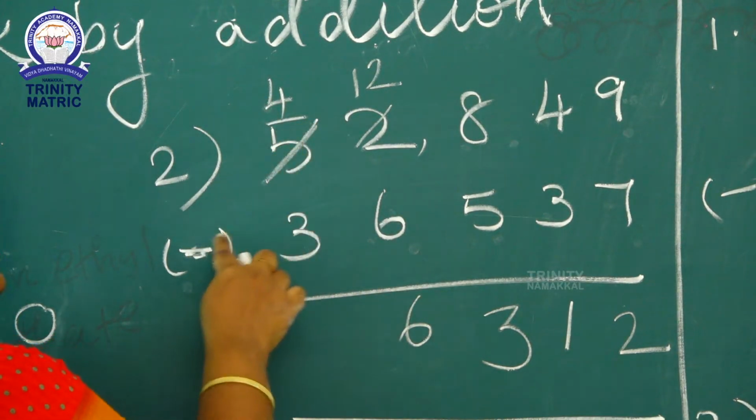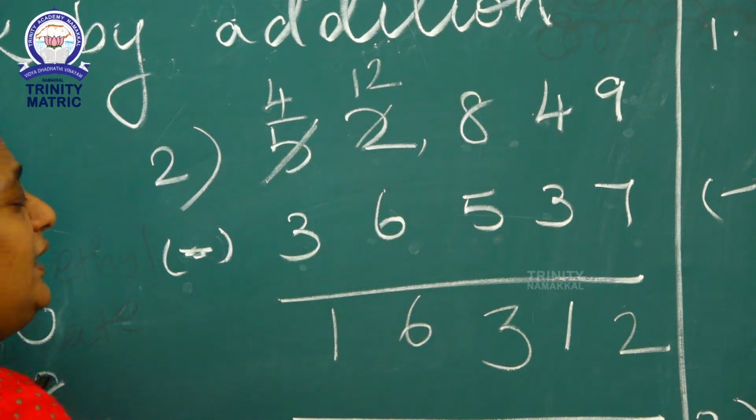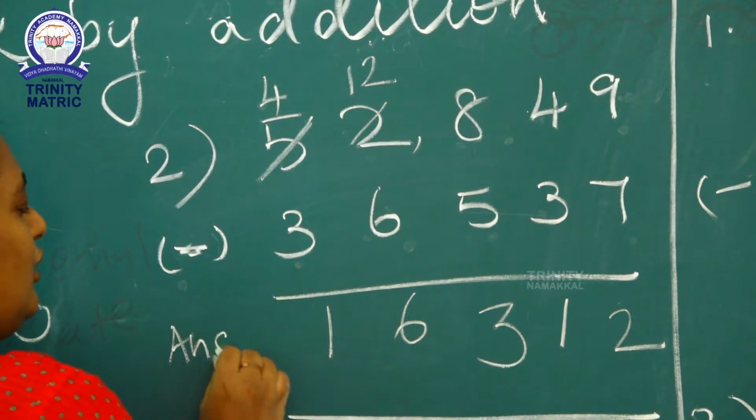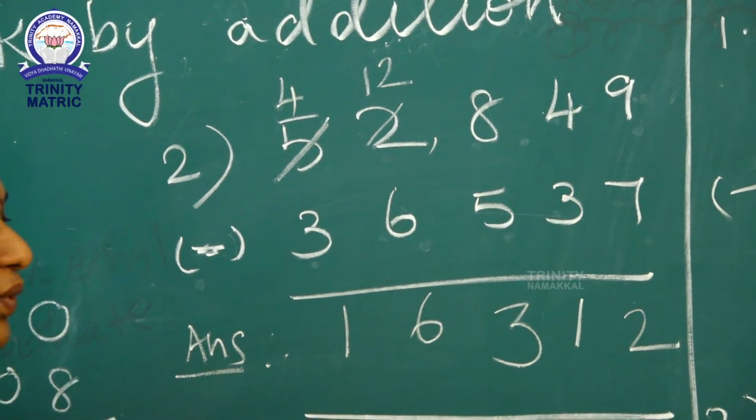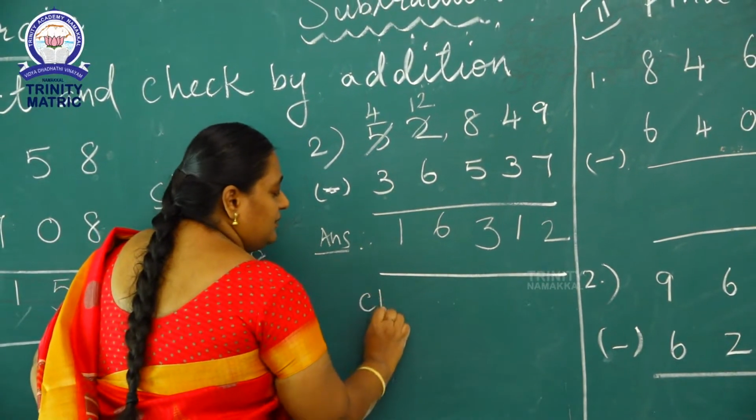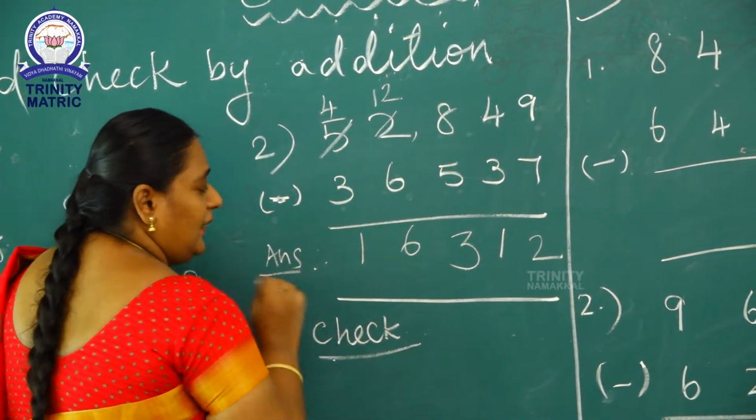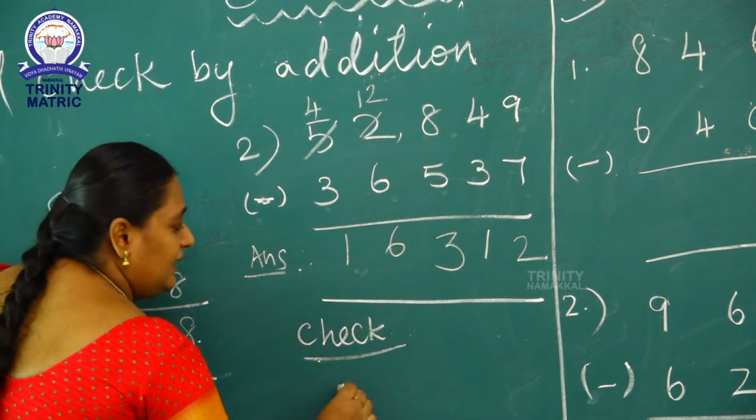Now 4 minus 3 is 1. Okay, this is the answer. Now you are going to check your answer. What do you have to do? So check. Okay, you write the answer